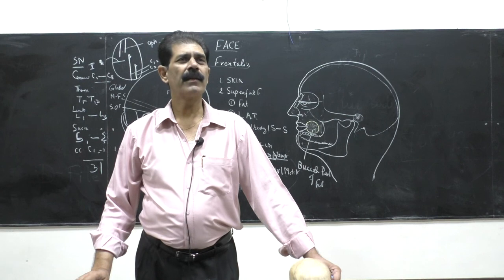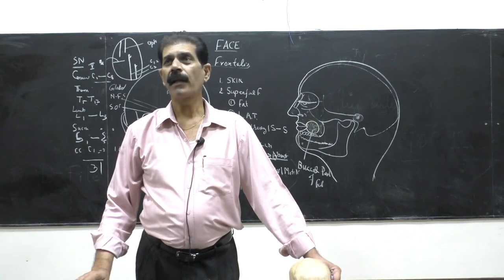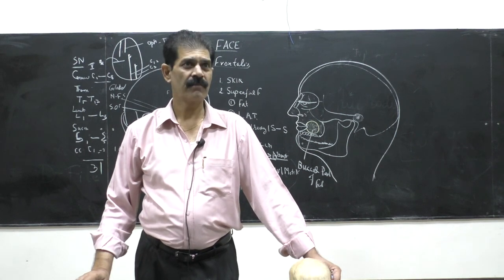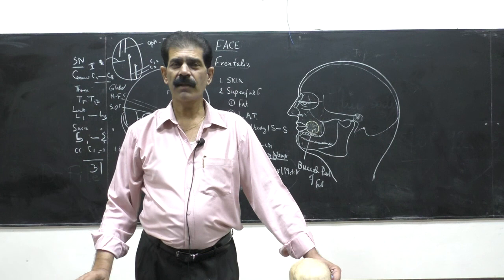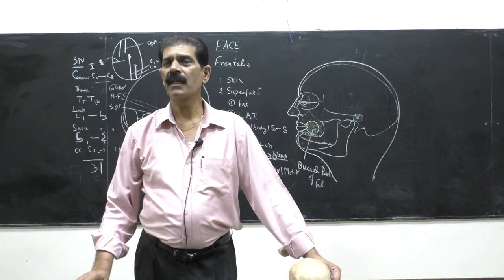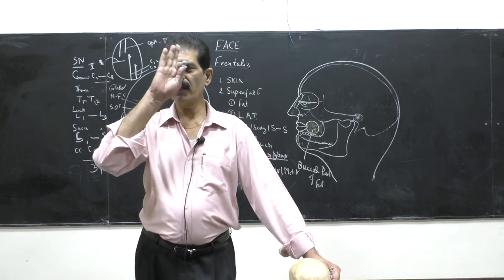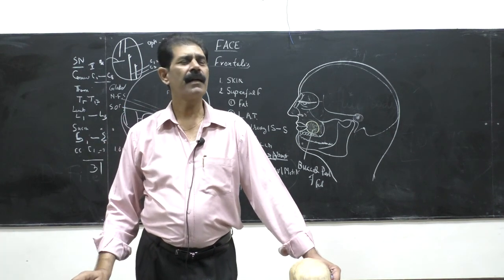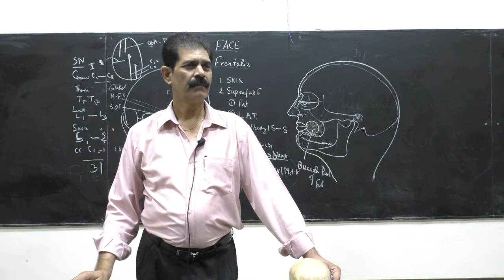And all spinal nerves are made for skeletal muscles of the body. But some cranial nerves also supply smooth muscles. So you have to remember that while going into the detail of the head and neck dissection. So after removing the skin of the face, we find the second and fourth layer together.